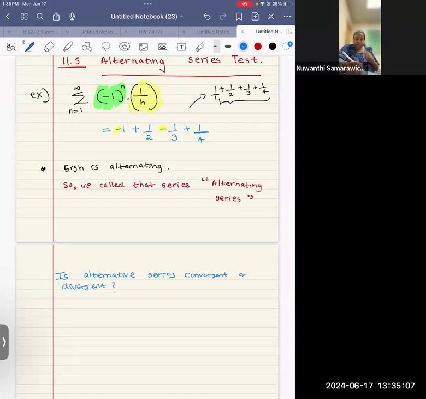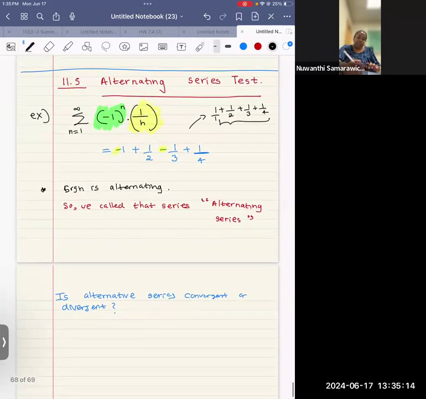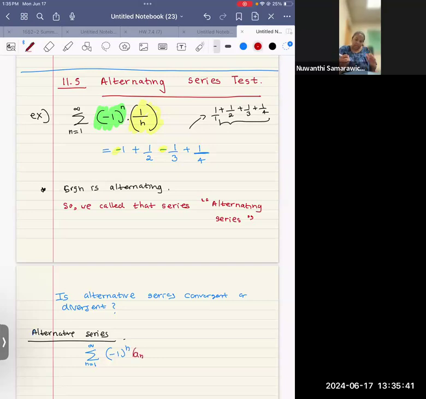Okay, so let's see what an alternating series will look like. Sometimes it will look like this: the sum from n equals 1, -1 to the power n, a sub n. This is your sequence, that is a sub n,